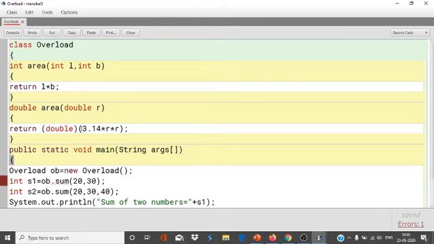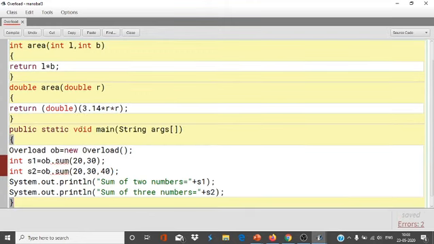After returning this value, I'm going to call these functions. First, area of the rectangle: ob.area(20, 30).